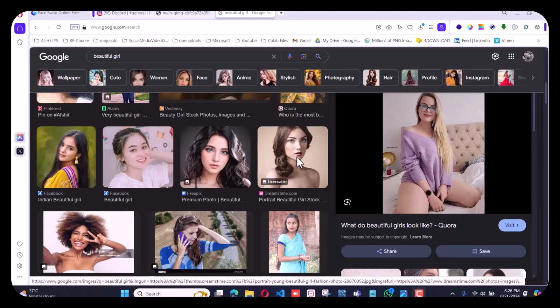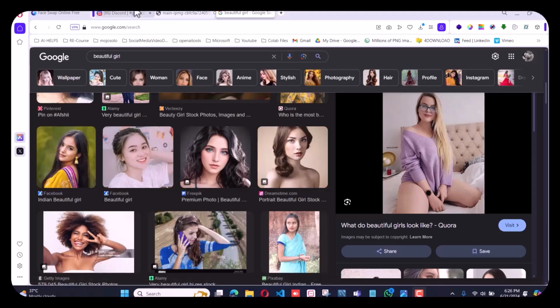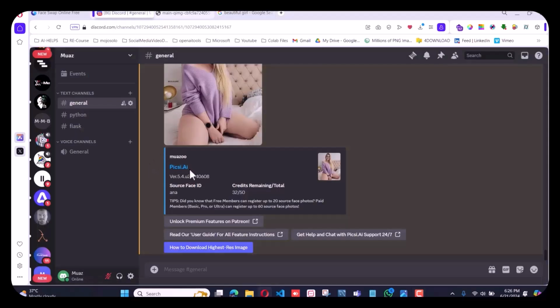So today we are looking into the face swap thing. How can we swap the faces? I want to show you a Discord channel. This is the Picsi